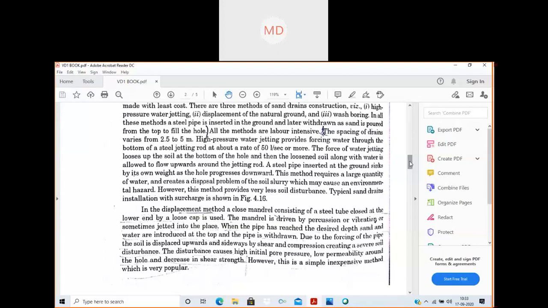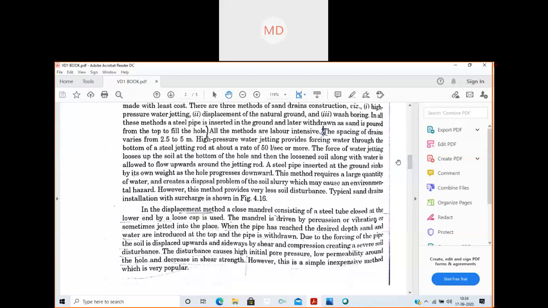The pipe is hollow, and that hollow steel pipe is inserted, and inside that a mixture of sand and water is inserted. After the sand is allowed to settle there in the form of a columnar structure, it is column-like structure, then the steel pipe is withdrawn from the place, and the sand drain performs the work of squeezing out the excess water.